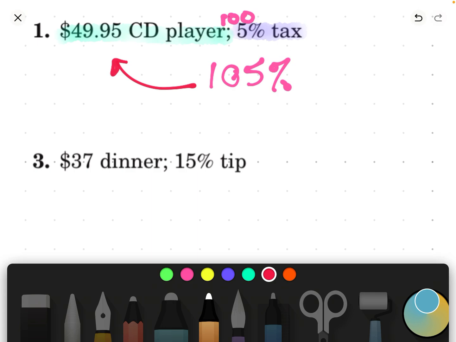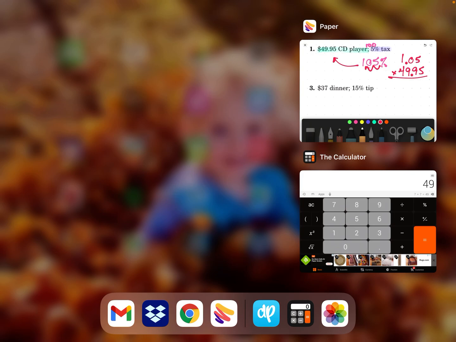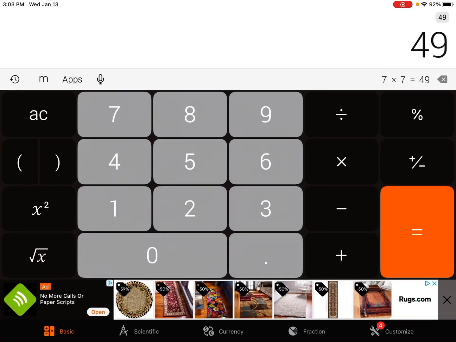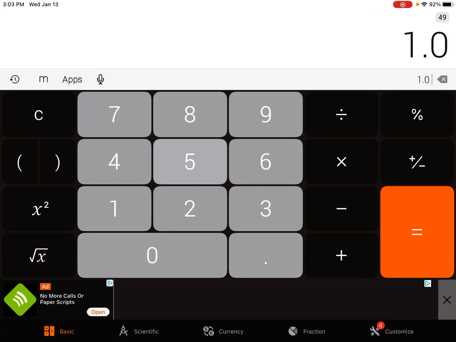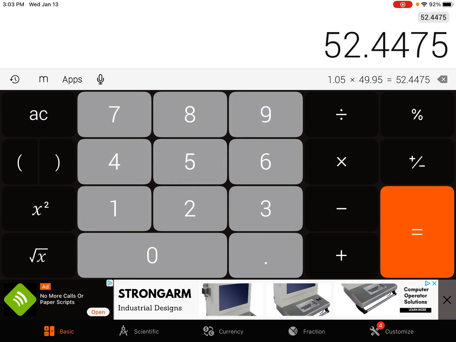Now, again, same thing, percent to decimal. That'd be 1.05 times 49.95. All right, the biggest mistake that we make here is forgetting to go to the left. But once you punch it in your calculator, and I do want you to use a calculator here, by all means, 1.05 times 49.95 is, now, it's